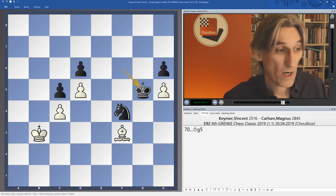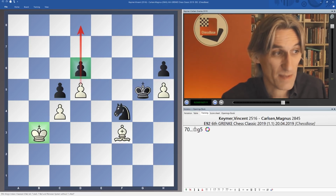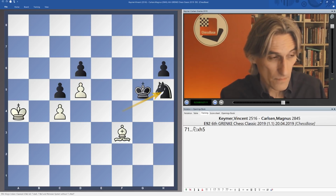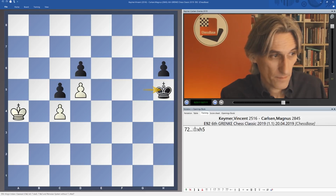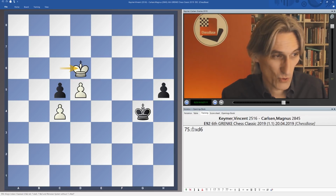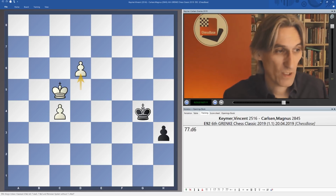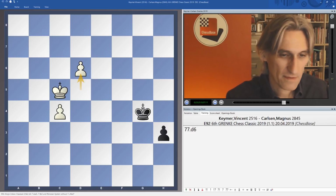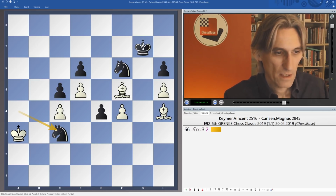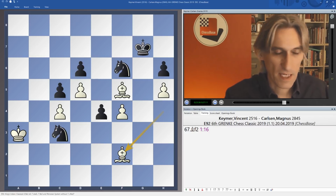But in fact, white's king has time to come round to attack the d6 pawn, and then that d pawn is close enough to the queening square. Let's just have a very quick look. Here, and well, I'm sure you can do the counting, but basically they're going to queen at the same time, and white is more than fine. So coming back to this position, king b3 would have drawn the game, but Keymer, I think understandably,